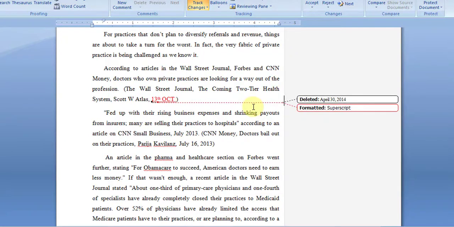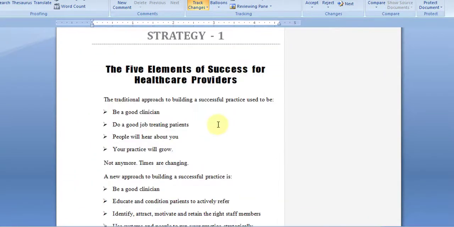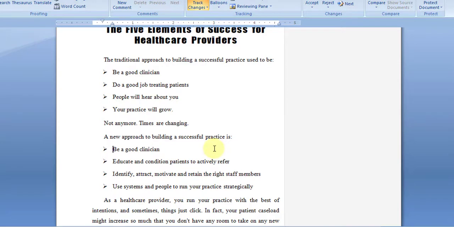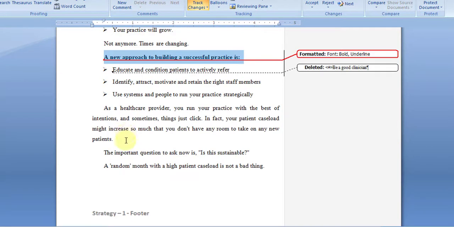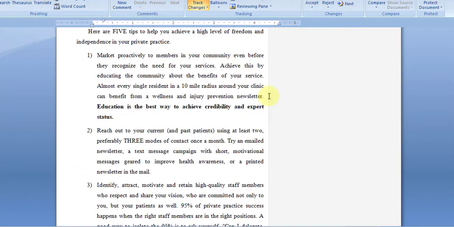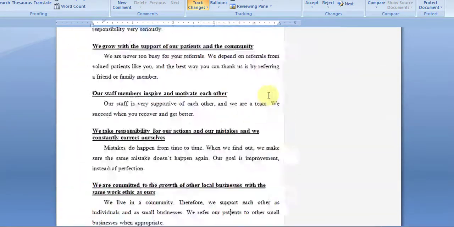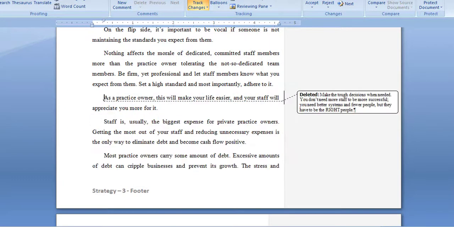Now I'm going into the other pages, just changing the date to 13th October 2020. Then I'm going to do some more changes, deleting here, making it bold, underline. I'm going to add some sample text. This is sample text to find the track changes easily. I'm going to add one more text in some of the pages. I'm going to delete this page.